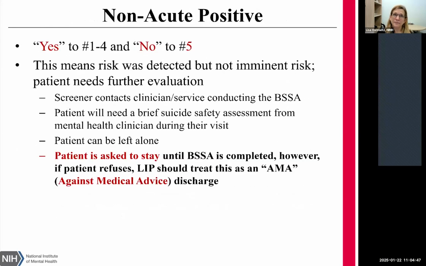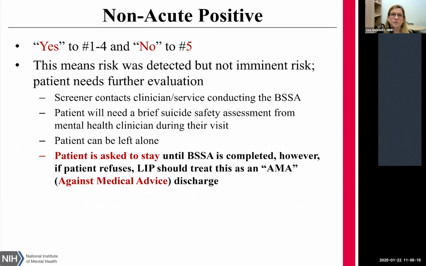So everybody's got to be prepared for that acute positive. More likely, it's going to be a non-acute positive when it's positive, right? Yes to 1 through 4, any of them, no to 5. This means you detected something really important, but it's not an emergency. But the patient needs further evaluation, right? Because it was just a 20-second screen. You want further assessment. Screener contacts the clinician